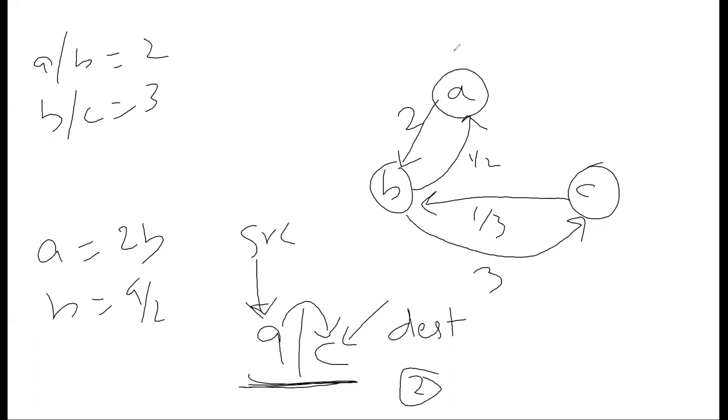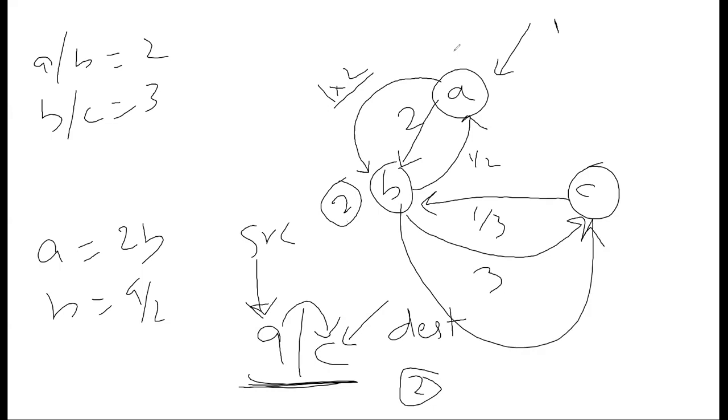Let's assume this one from A to C. Suppose I start with A and I set the initial value as 1, right? So now what will happen is I traverse this path and I use the value 1 into 2. So when I reach here, my value will be 2 and I'll have only one path to move forward. Either I can go back to A or I can go to C. But A is already visited, so I'll go to C, which will give me this path. And the value set, which is 2 into 3, will now become 6. As I have reached the destination, this will be my value, the final value.